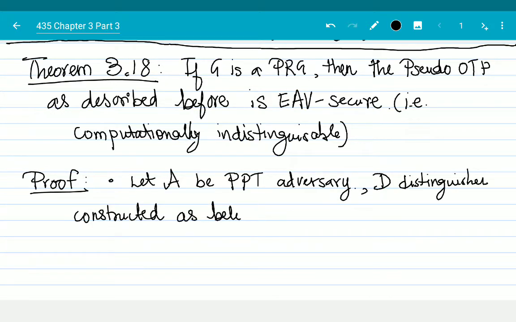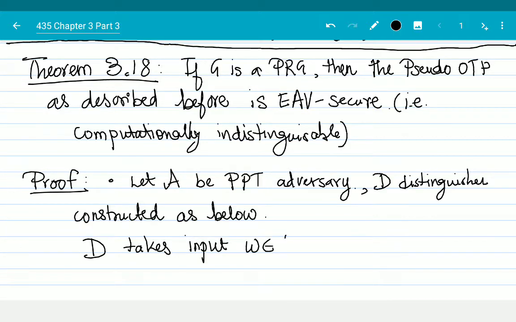How do we construct D? D is given an input. D takes input